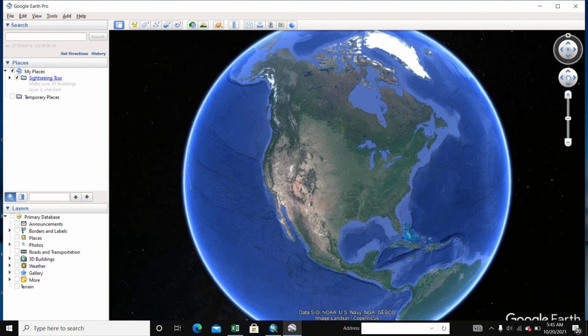If you want to share the position of your plot or any area, east, west, north and south, you take a particular point of latitude longitude in Google Earth, convert it to Excel and share it.